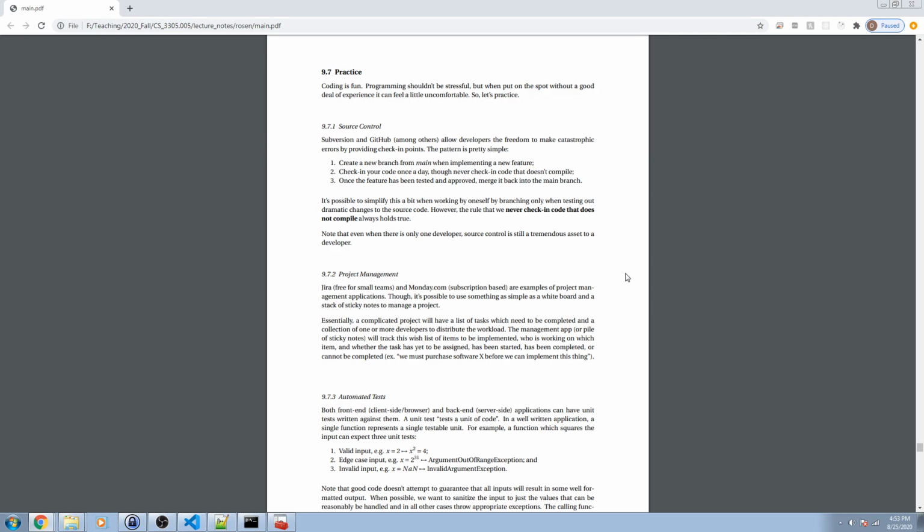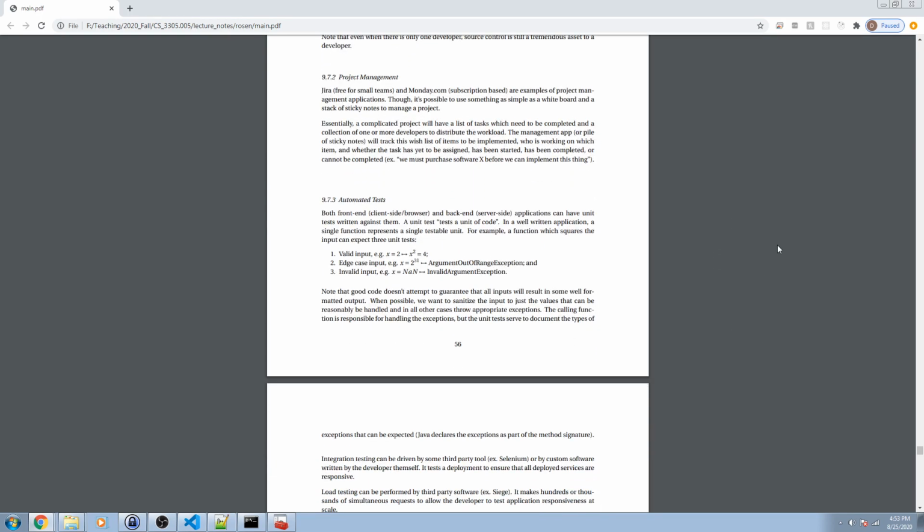It doesn't matter what brilliance you think is in there. You can make a note if you have some really clever comment or something, copy it, save it somewhere else or whatever. But don't check in that code. If it doesn't compile, it's no good to anyone. Right? Okay. Project management. So there's software like Jira or Monday.com or whatever that you can find that will track